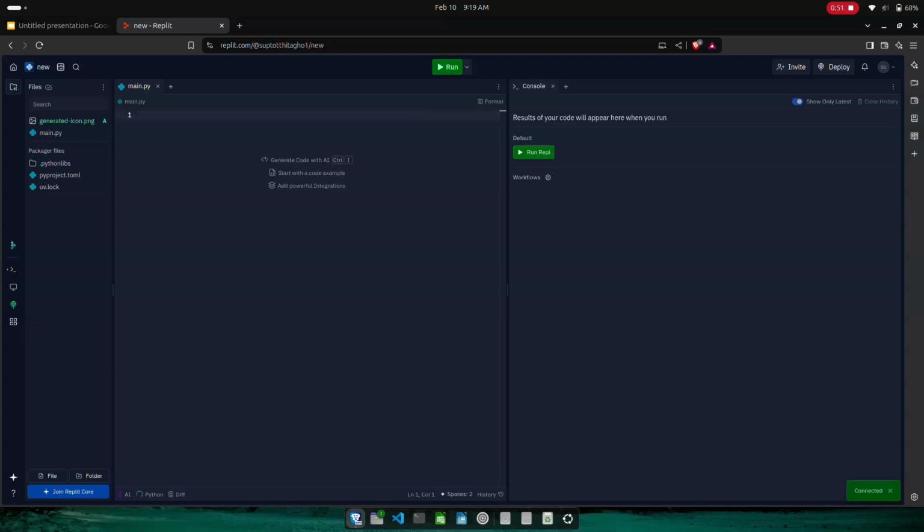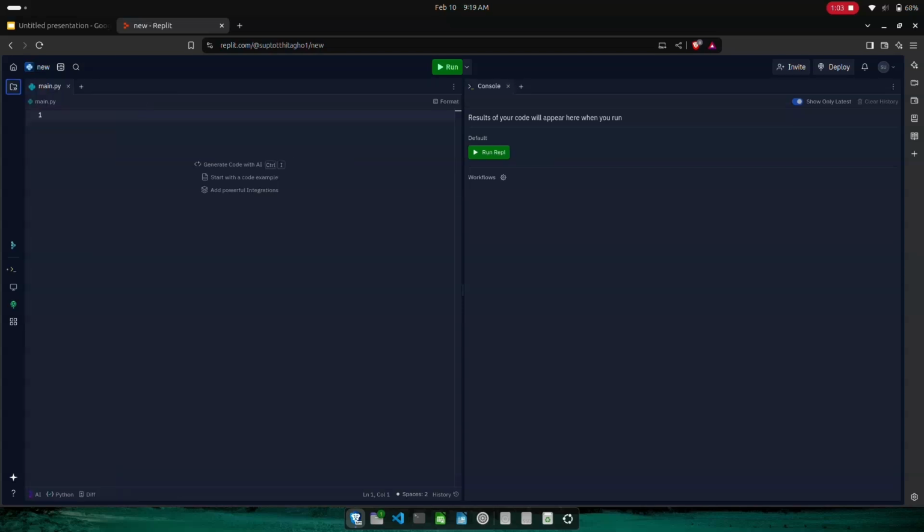We are back in Replit now. Let's name this file main.py. It's here. In case you cannot find the file, you might have a window like this.